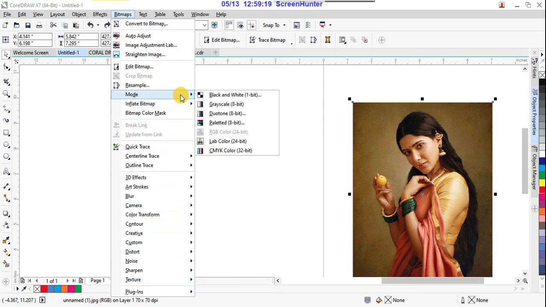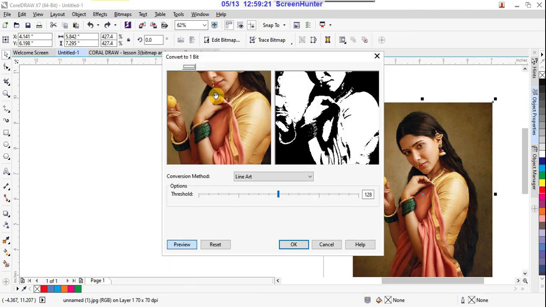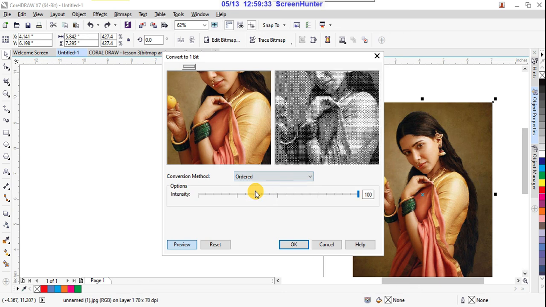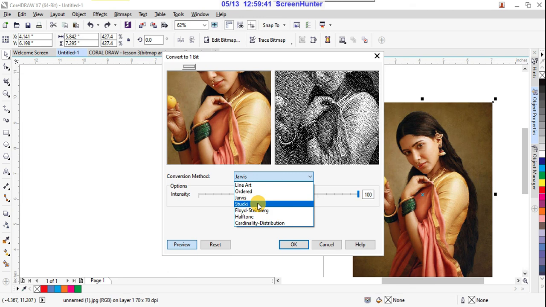Now here I'm using mode black and white, right? See now your art is converting into black and white. So there are options again. Instead of line art, ordered, or otherwise some other option, that is Jarvis. And again this is Stucki.